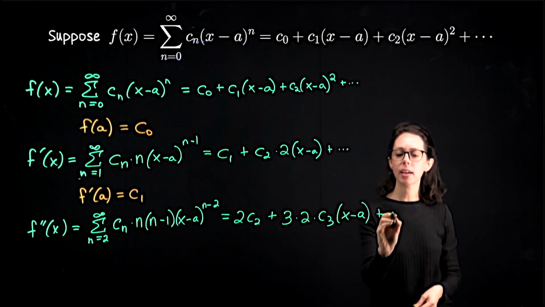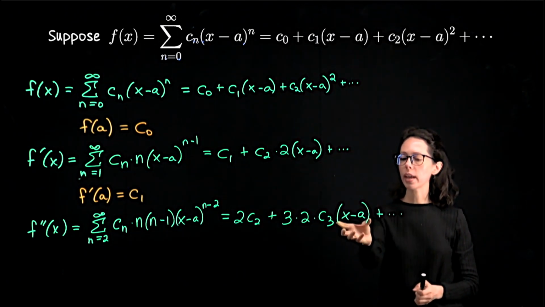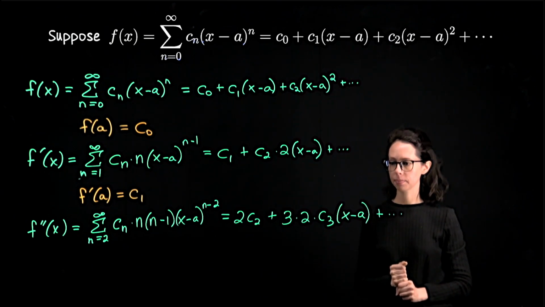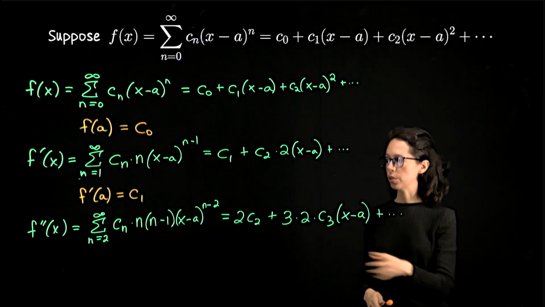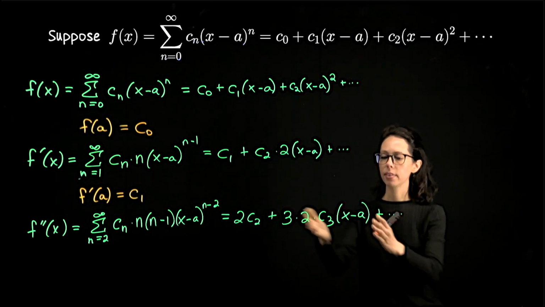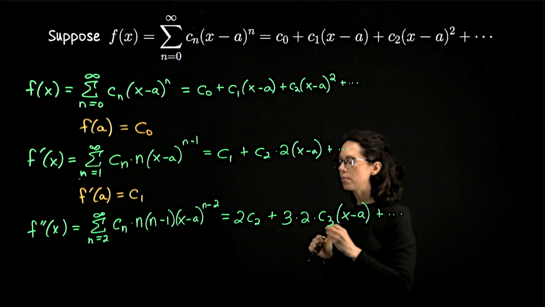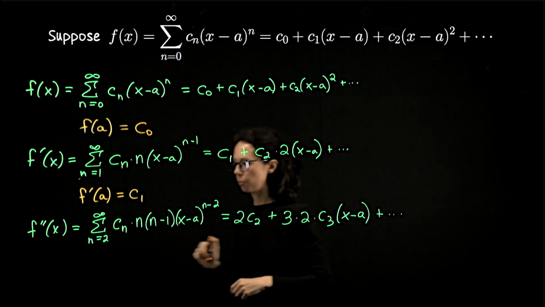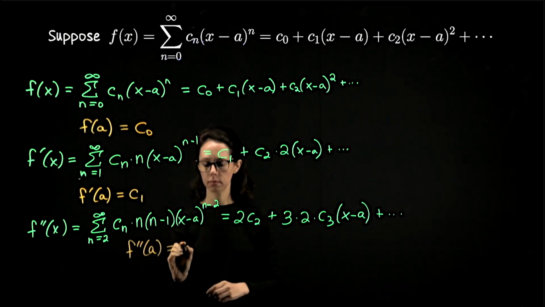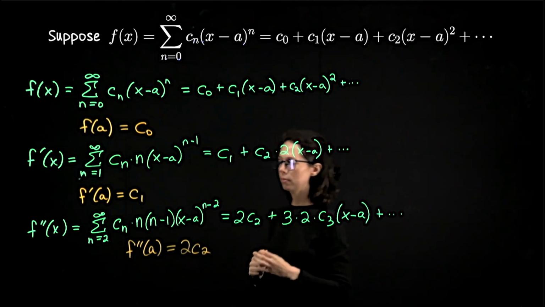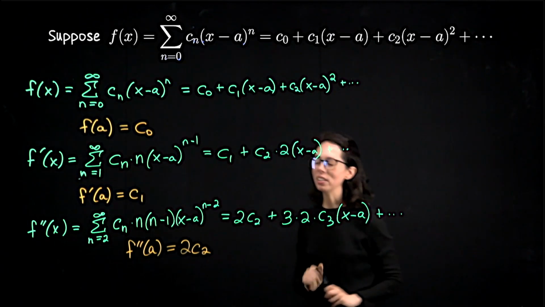And then I will write dot, dot, dot, knowing that every other term in the power series expansion is going to have this x minus a factor appear. That means that when I plug x equals a into the second derivative of f, this gets wiped out, as does every following term. So f double prime at a is just this leading 2C2. Okay, so it wasn't just C2, careful, it's a little different.